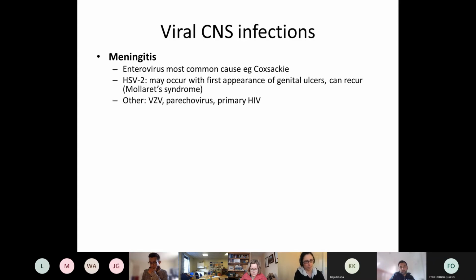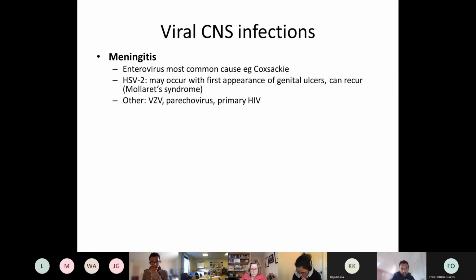And so, just an overview of viral CNS infection. With meningitis, enterovirus is the most common cause, and the enterovirus family includes Coxsackie virus, which is the same one that can cause hand, foot and mouth disease. Many of you who have young kids will have had children who come back with really sore mouths, and if you get it, it's actually pretty nasty. So that's what an enterovirus is. These are self-limiting infections which just get better on their own, and that's why there's no specific antiviral for enterovirus or for many enteroviruses.